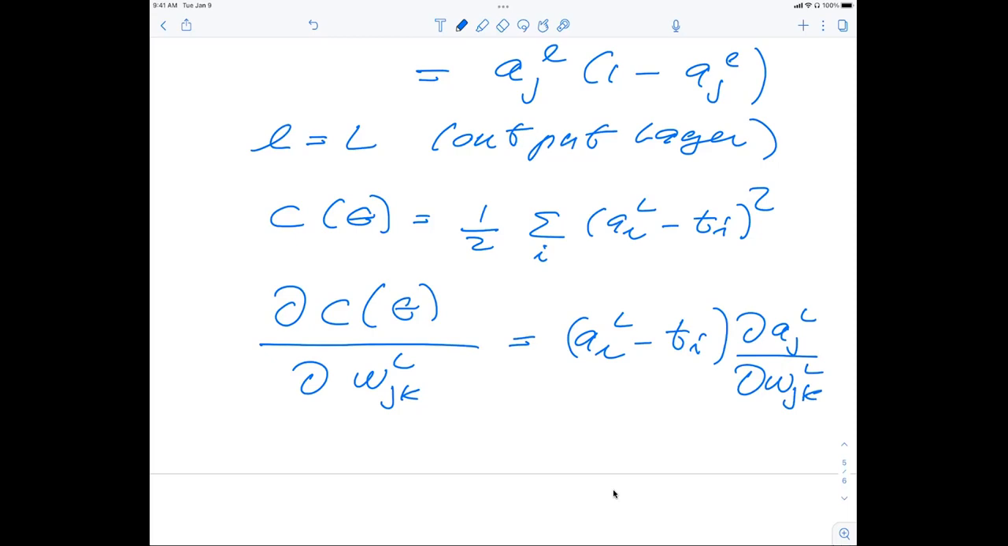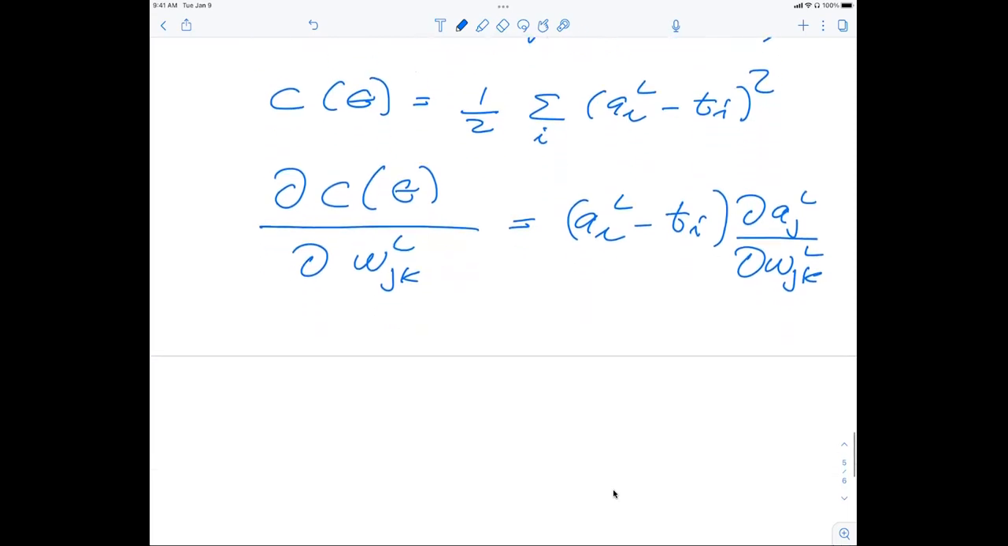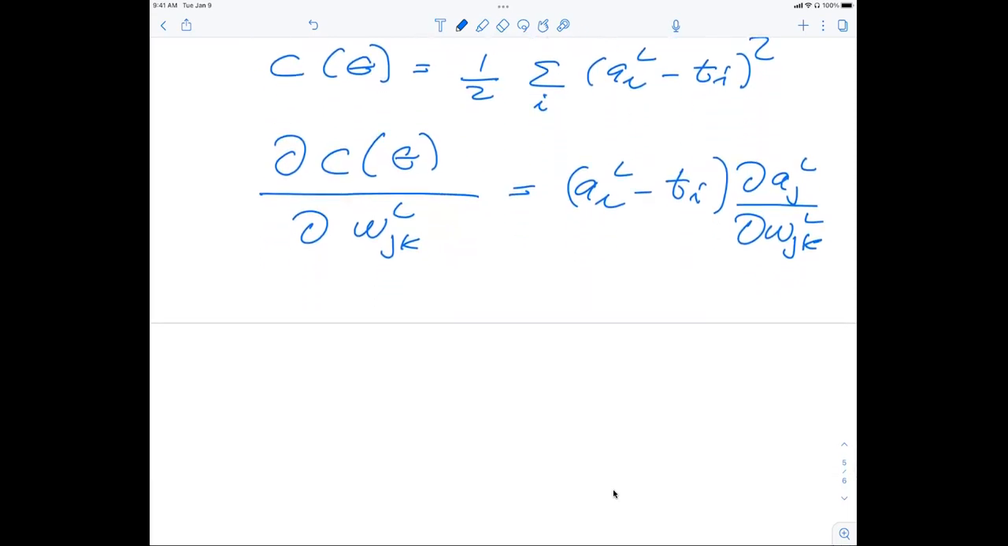Now, in order to calculate that one, we can use the chain rule. So this is where the repeated application of the chain rule kicks in. So let's now look at how we can obtain that. If we now look at dJ of L,